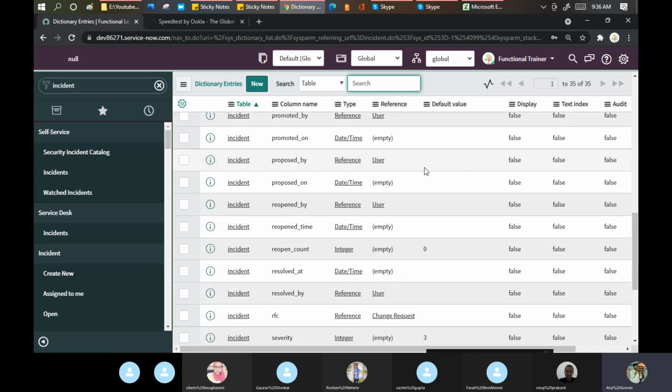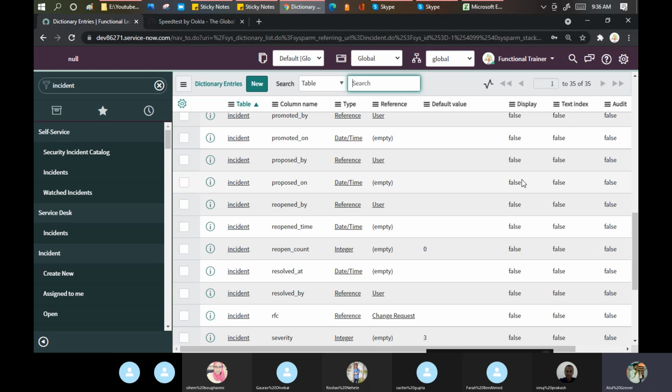If you open, for example, Opened by, it is a reference field. It is referenced by the user table. Is it displayed? No. Is it text indexed? No. Is it audited? No. So this means you can make some modification to the attributes of a field of a table by using the dictionary.